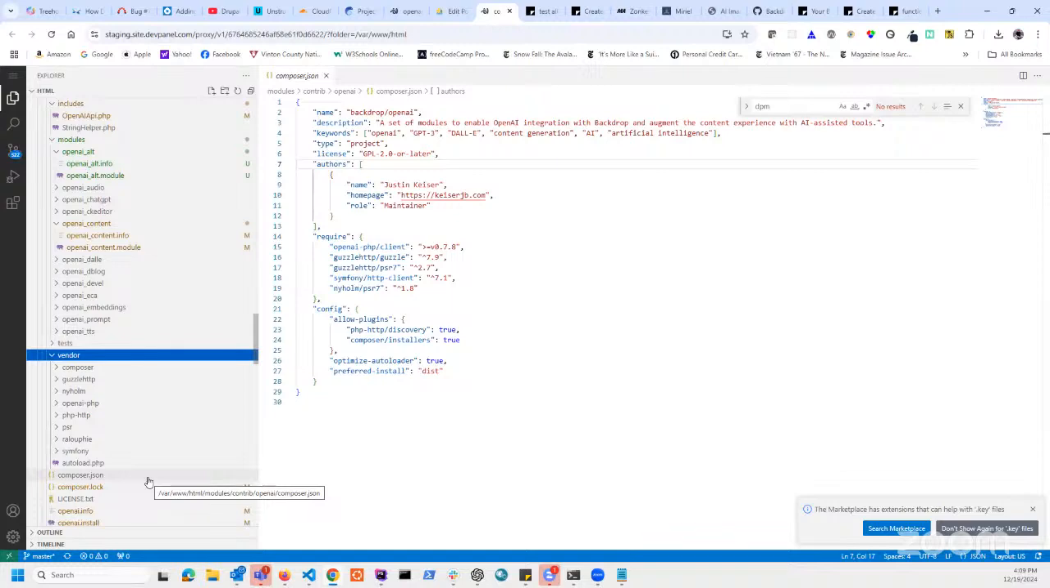end up in a situation where you have conflicting dependencies. So Composer Manager will grab the composer.json from all your modules and compile them into one. It's like an extra manual step, but it stops you from having dependency problems,